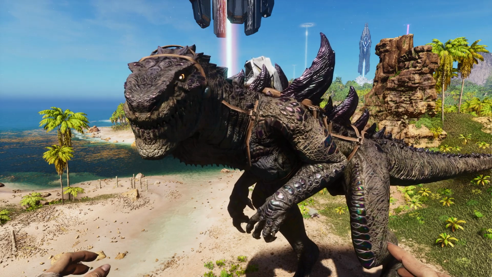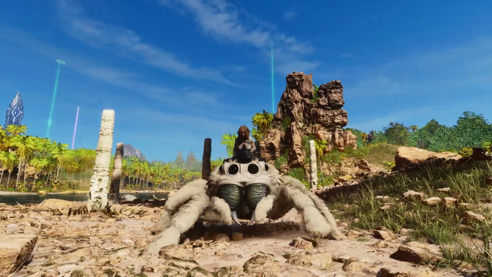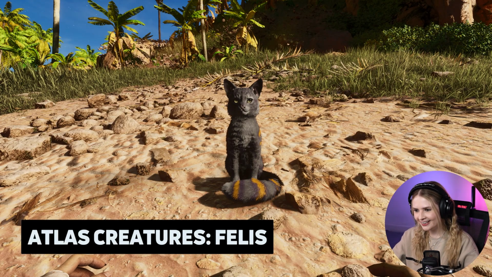Look at that face. Isn't she adorable? What's up, everybody? Today we're checking out some brand new creatures for Ark Survival Ascended, but we're gonna do it in order of size, starting from the smallest creature on the list, this little cat, or more specifically, the Felis